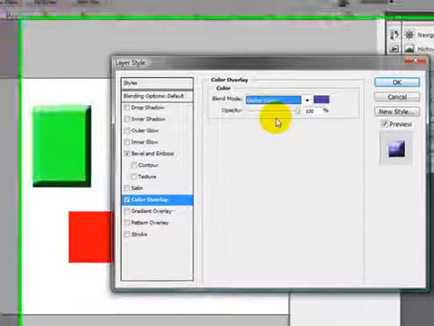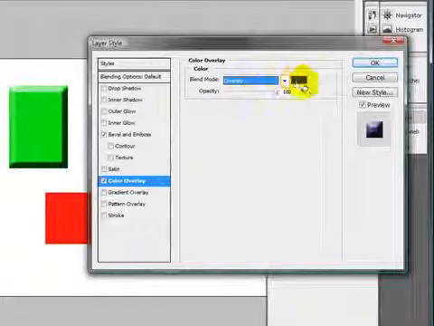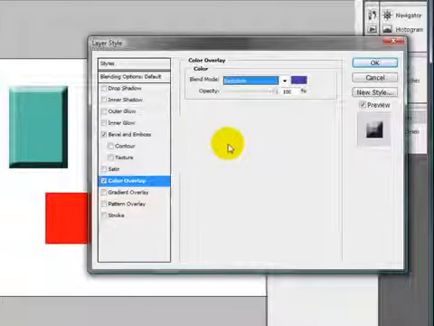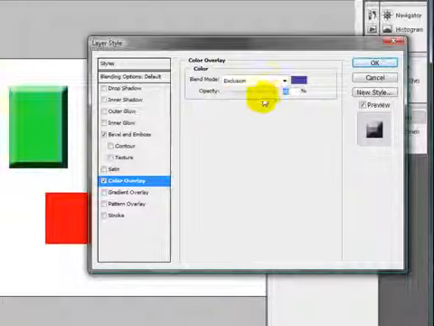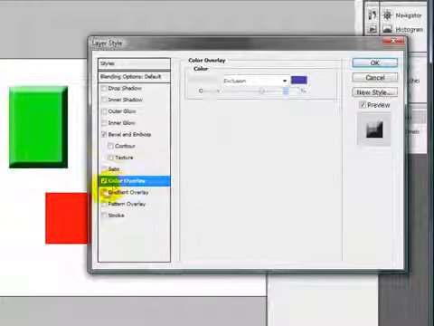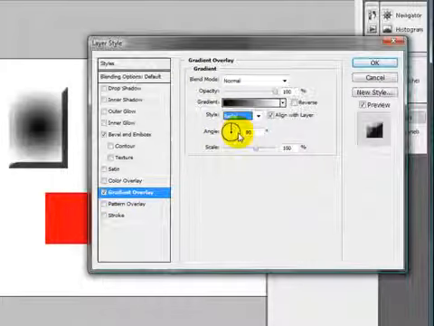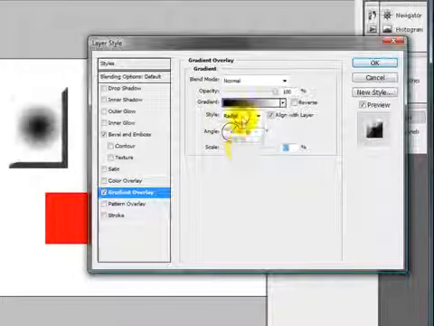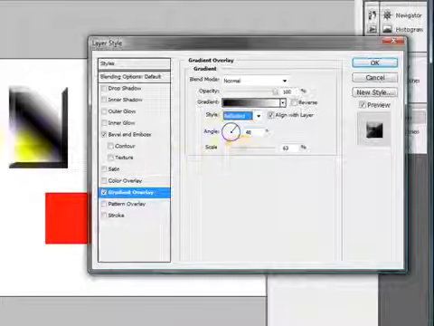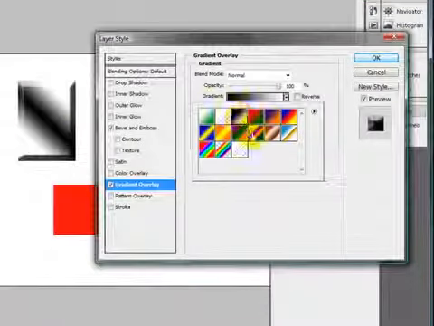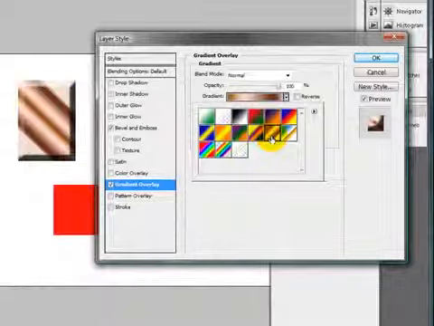So if you want to mix this purple with what's currently there, you can use some of these different modes to switch between, and then you can also change the opacity. And the same thing for the gradient overlays. If you want to do a quick gradient on one of the buttons, you can do that as well. You have things like your linear, your radial gradient, all that stuff here. Reflected, if you want to get more of a reflected type of look. And then just by clicking the color, you get this option menu here where you can go in and get some preset gradients. If you use this little arrow over here,